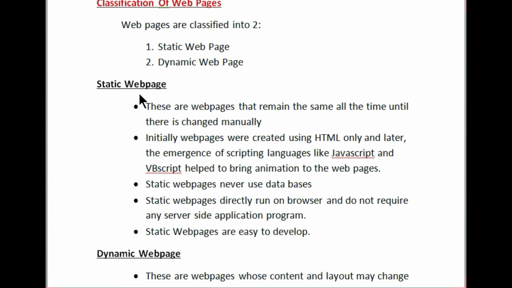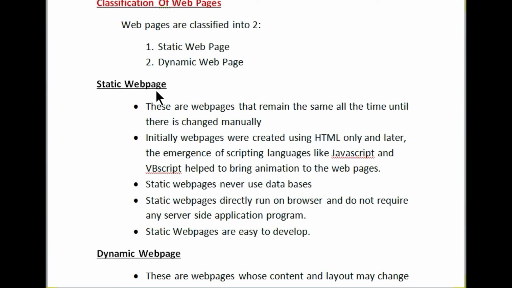In the first stage of web designing, only HTML was used for designing the web pages. So at that time, the web pages did not contain any animation effects.